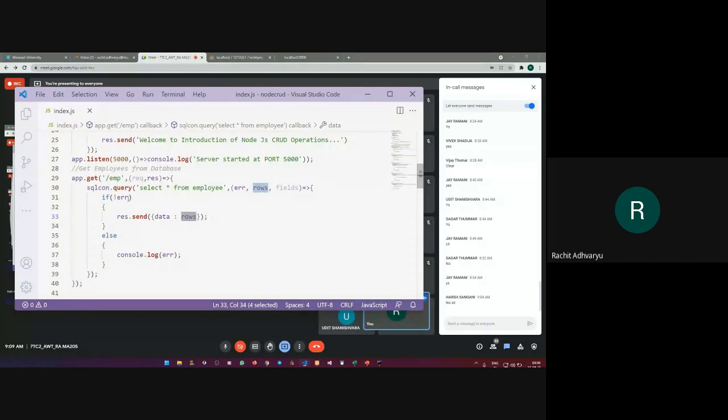And if it contains any error, no rows will be printed, only the error will be printed here. Clear with the first part, select operation? Then I can demonstrate the code. Then we can go for the output. Am I clear, guys?